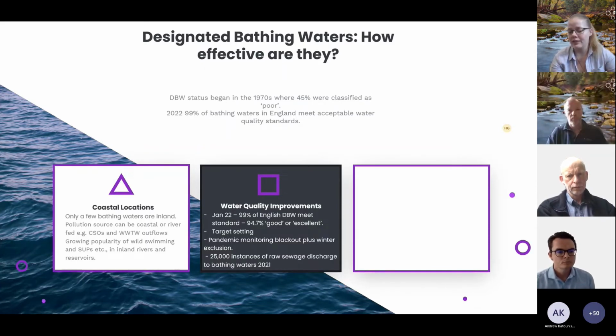So a big thing about this is when you get a poor bathing water or one that's just sufficient, it can be a trigger point to trying to then improve water quality by setting targets and cleaning up, especially when there's like a tourism aspect that's playing a role as well. Equally,